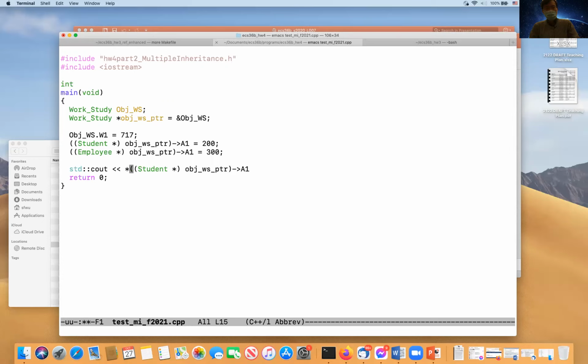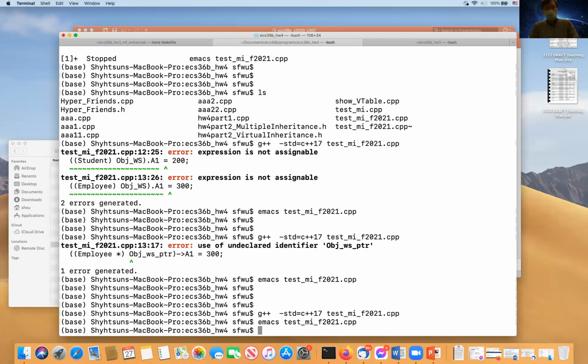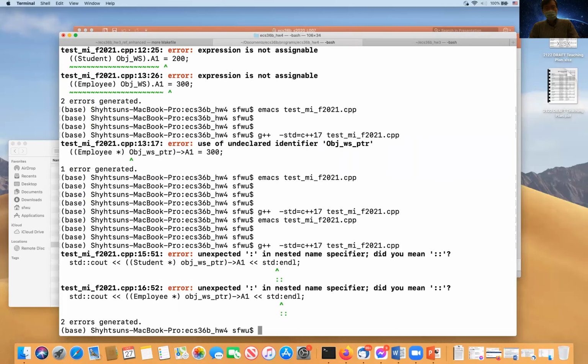I just realized, if I just print this one, A1, that's actually the student's version. And then if I do this, which is employee, that's this version. Okay, so let's recompile again.